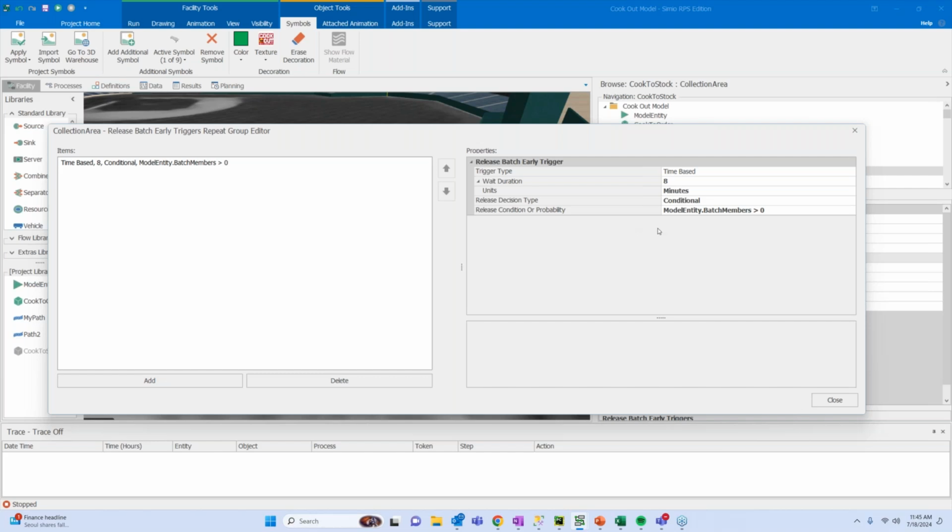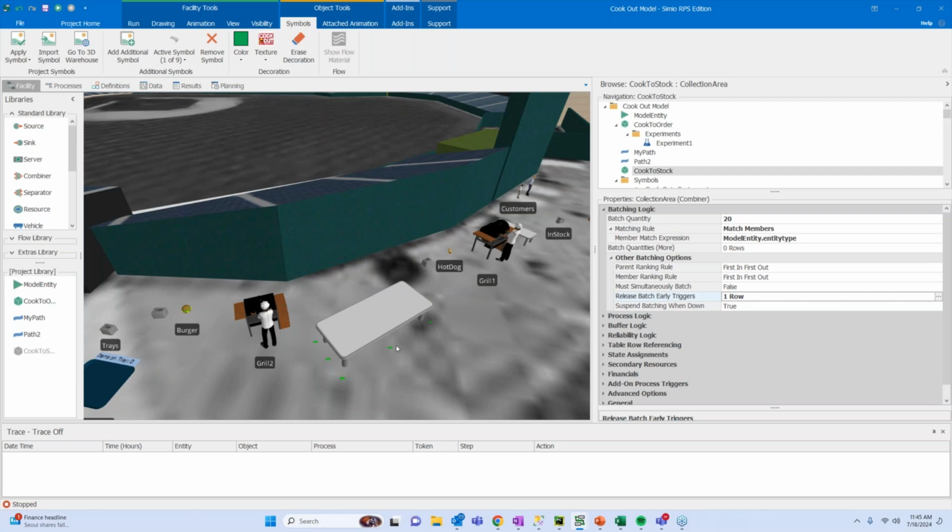So if we're waiting for 20 batch members, but we don't have 20 after 8 minutes, we're going to take what we have and bring it over, because that's what we've established as the period of expiration for what we can allow to be waiting with our food.